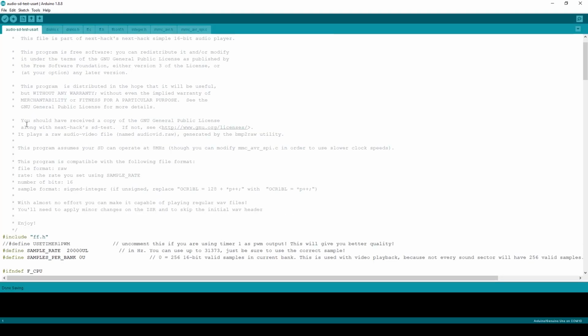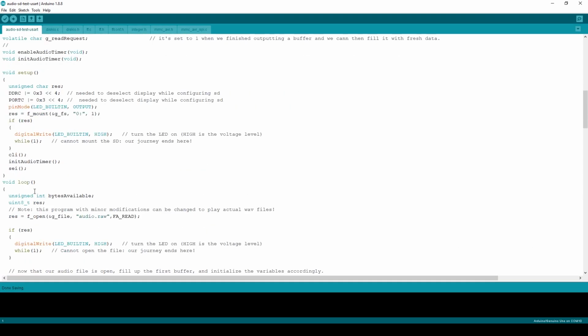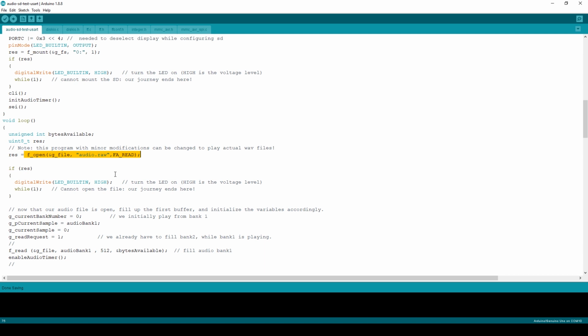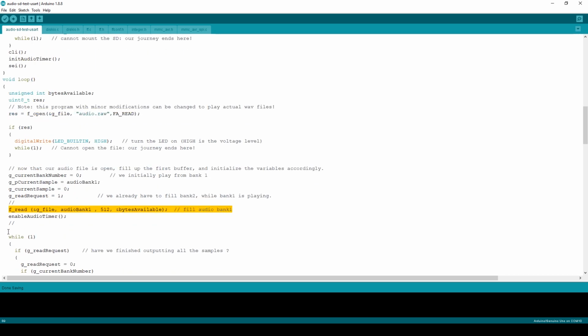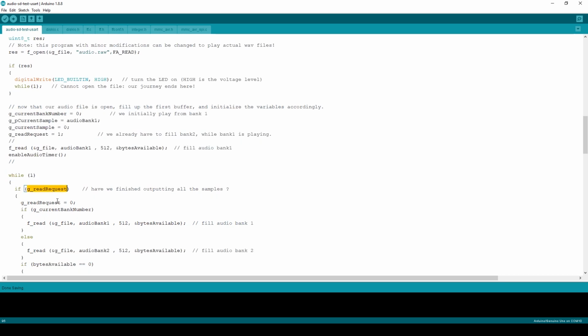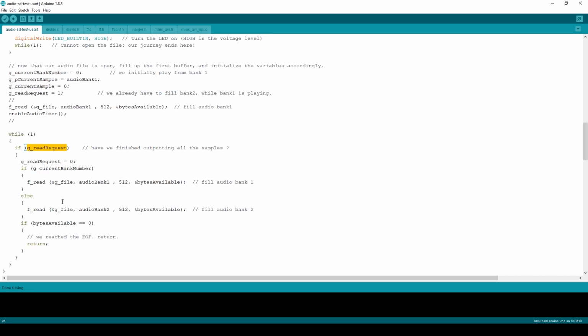The program is simple. After initializing the timer that determines the sample rate, we jump to the loop. In the loop, we open the audio file, then we initially fill buffer 1 and we enter another loop. There, we wait until all the audio samples have been sent from the first buffer to the PWM units. During the audio playback, the other buffer is filled with new samples loaded from the SD card.